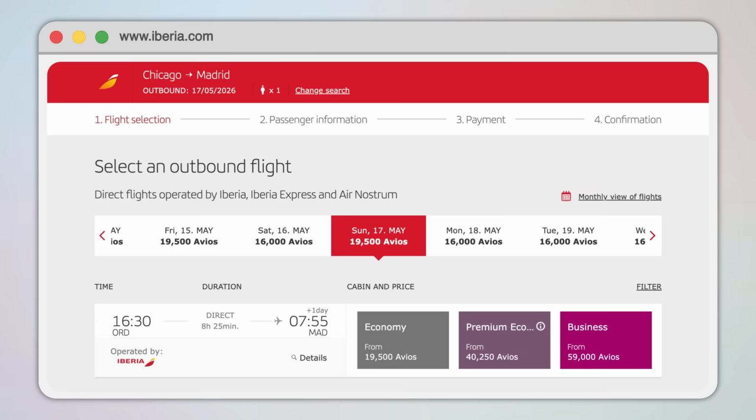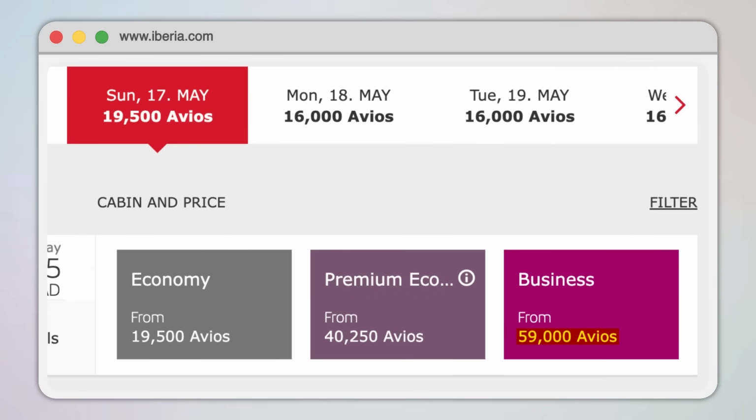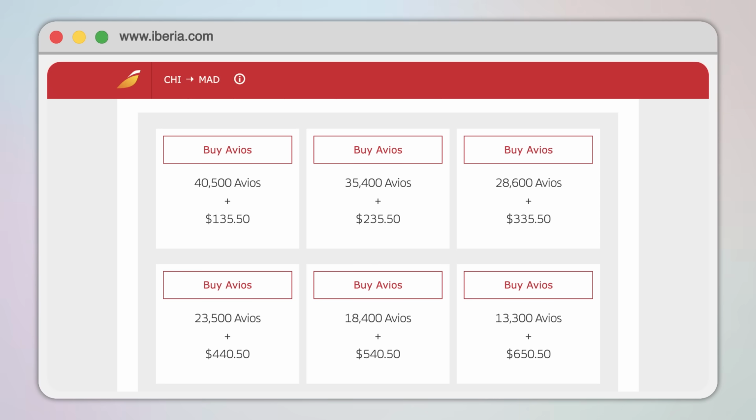You can actually see that just a few days before this, there was also award availability for Sunday, May 17th, but this must have been a peak travel date according to Iberia's internal calendar, because we're seeing pricing for 59,000 Avios here. So after we click back over to the May 19th flight for 40,500 Avios, we're gonna see that